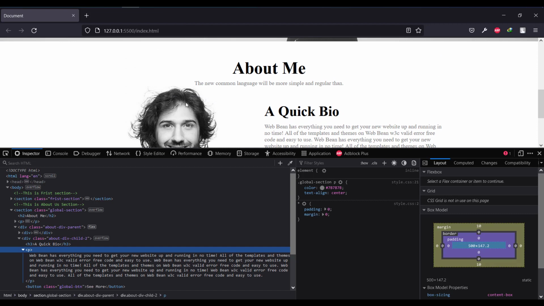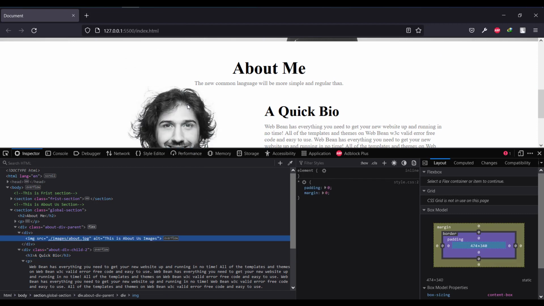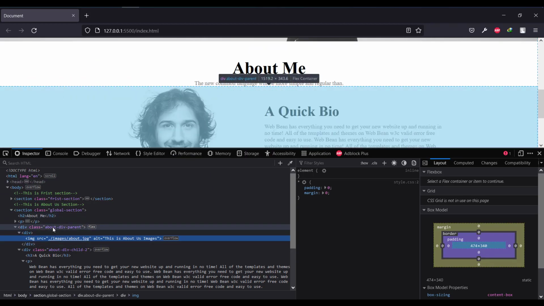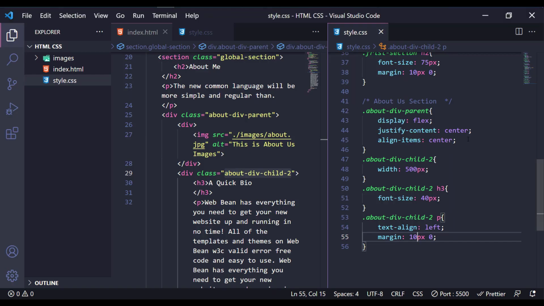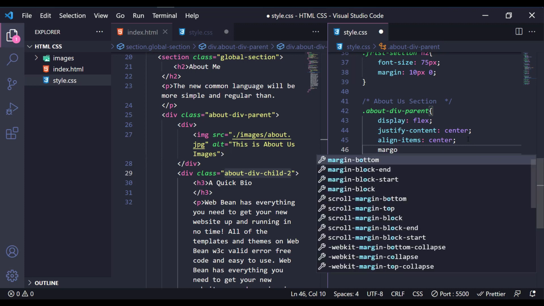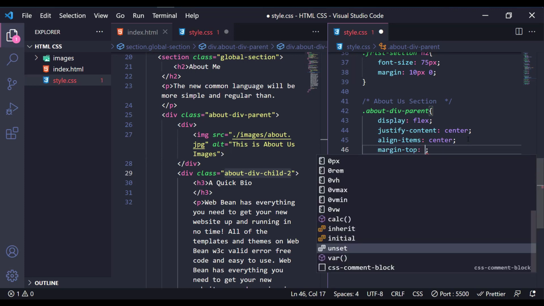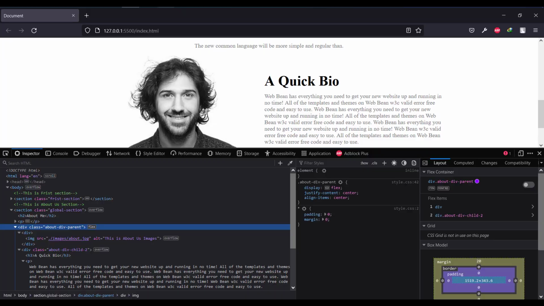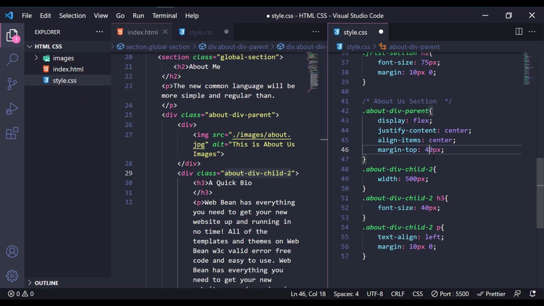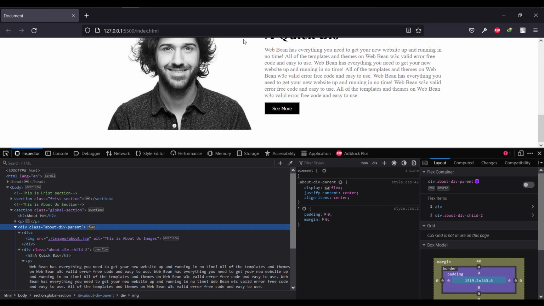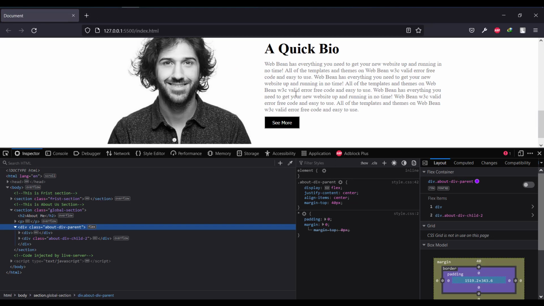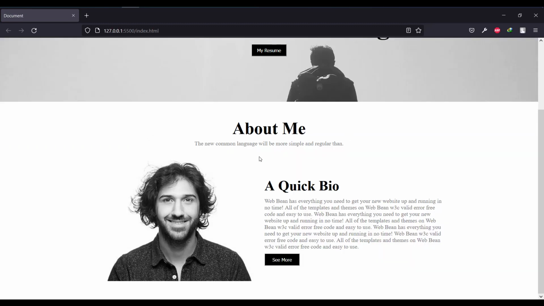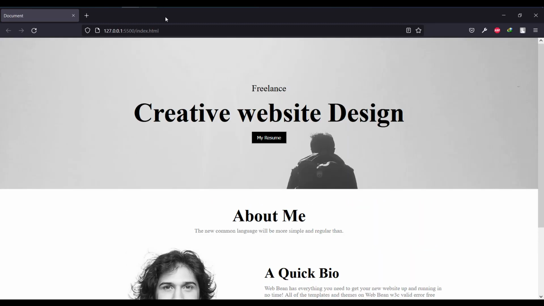Alright, so it really looks good, but in here, if you see at the top, the head is almost nearby, so we have to put in a little bit of margin top in the main parent div. So it's going to be margin top, it will be like 20 pixel. Let's see what changes we get. Yeah, we get a little bit of change, so we can put more, like 40 pixel, and let's see what happened. Yeah, we get more, I think. So it's okay, not bad. Reload. Yes, it's okay now. So this is the number 2 section that we built up,